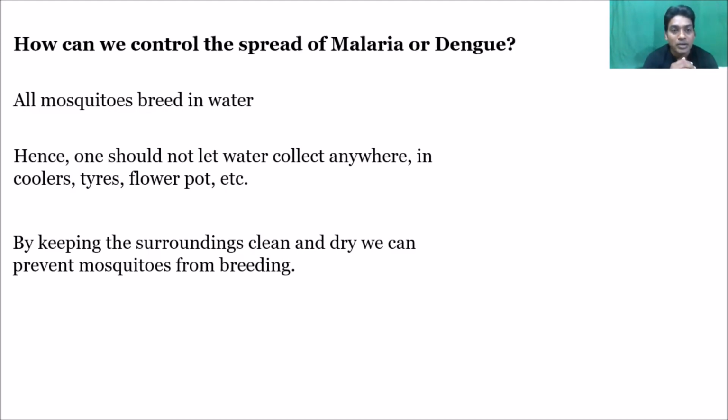There are some other measures to control them, like introducing fishes which will eat the larval forms, and spraying kerosene or petrol in the drains, and cleaning the coolers regularly. Tires should not have water, flower pots also should not have water. If we take all these measures, we can control the breeding of mosquitoes, and hence we can stop the spread of malaria or dengue. It is very, very important to eradicate the larval forms of mosquitoes